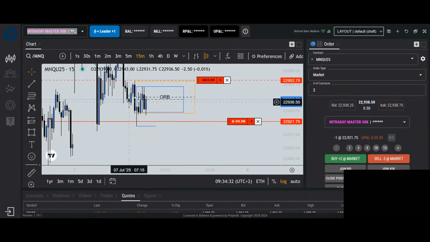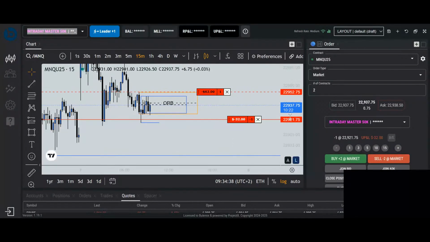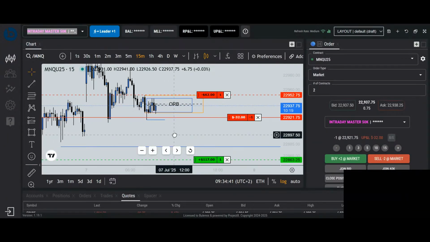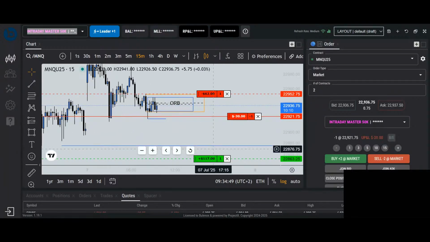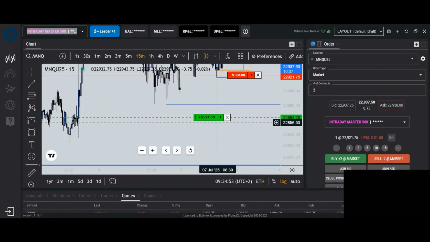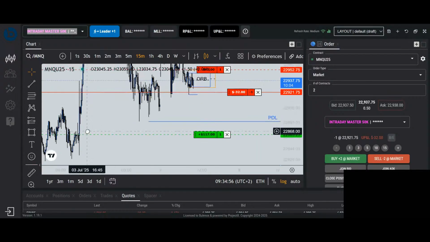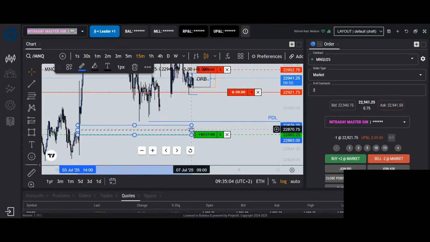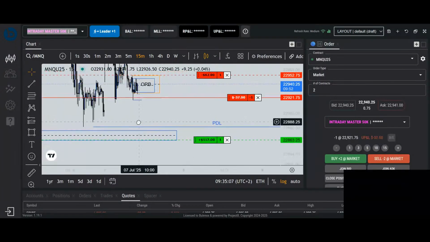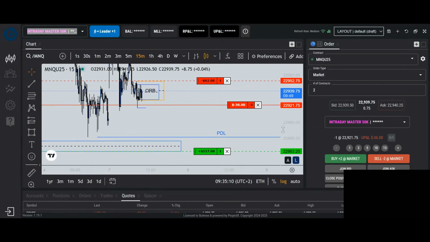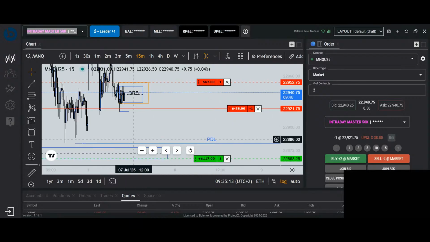So 15 minutes looks sideways, 5 minutes, hourly. So all we can do is be patient. Now it's up to the market. Actually, I have no idea what to do now. I keep my first idea still intact that we will sweep the previous day low. That's exactly here, so a little bit below it would be great. Then we are actually in that 1 hour fair value gap, and in a lower one that's not been tapped yet. So we still have a 15-minute fair value gap right here, inside or just beneath that previous day low. It would be great to see this tapped and then see a reaction off of this back to the highs.